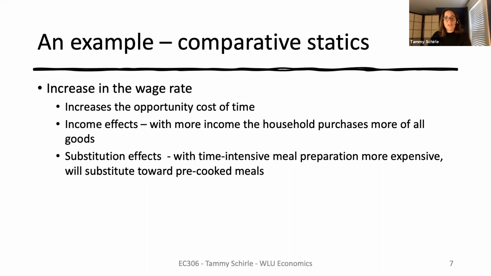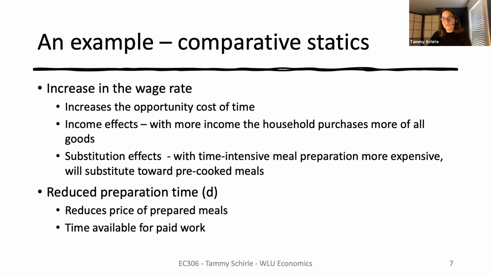The more interesting point is made when we consider raising the wage rate. Here, we see the importance of clearly stating that time in home production has an opportunity cost. The time we spend making meals is time that could have been spent in the paid market. So the increase in the wage rate has two effects: an income effect, whereby a household is richer and can purchase more of all goods, but also a substitution effect, where the household will take more time in the paid labor market and use more pre-cooked meals while spending less time in household production.